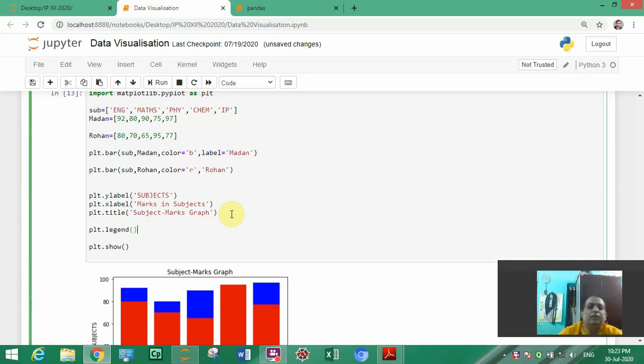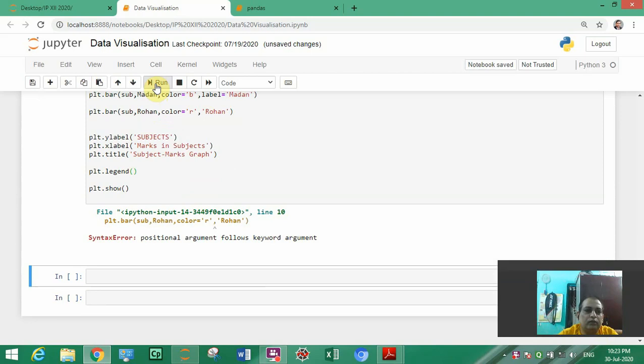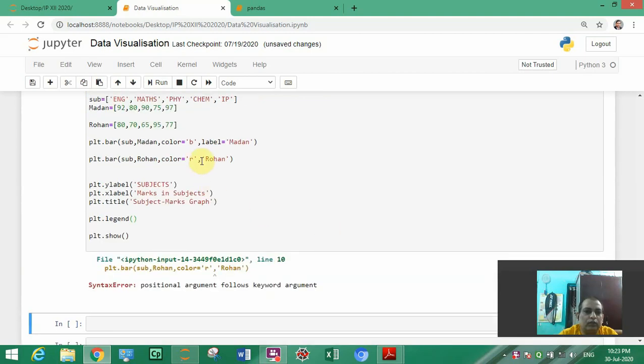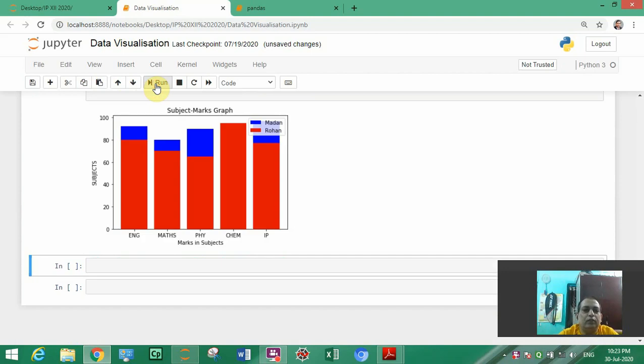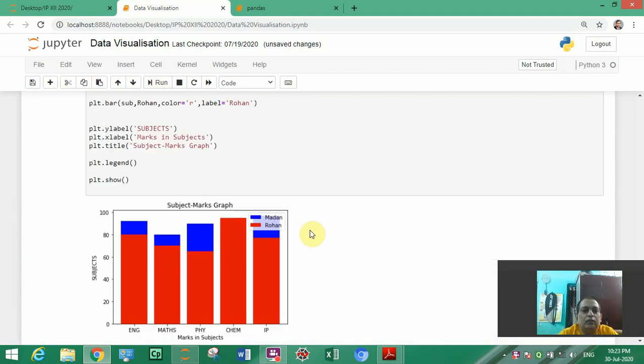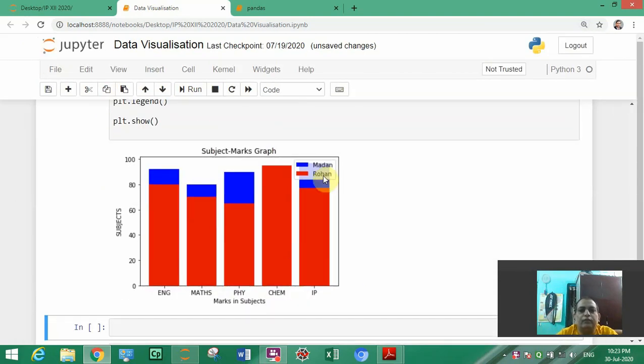So it will give you a legend showing what is represented by red color and what is represented by blue color. Let us see. There is an error: positional argument follows keyword argument. Here we did not write label equal to, so it should be label. So you can see that our legend is coming here in the graph.